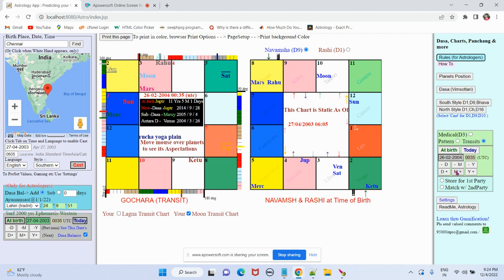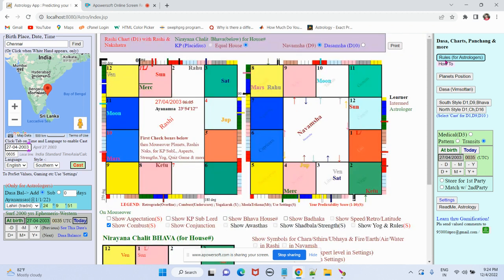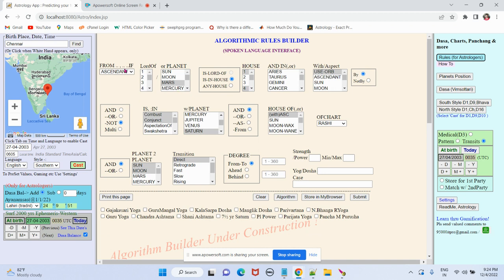Okay, I'll do it once more. I take it to Taurus, Ruchaka Yoga goes away. I bring it back to Aries, Ruchaka Yoga comes. But you would say that it is combust with Rahu, so how can Ruchaka Yoga happen? Okay, fine. We will add the rule that from Lagna to Mars, if it is any one of those